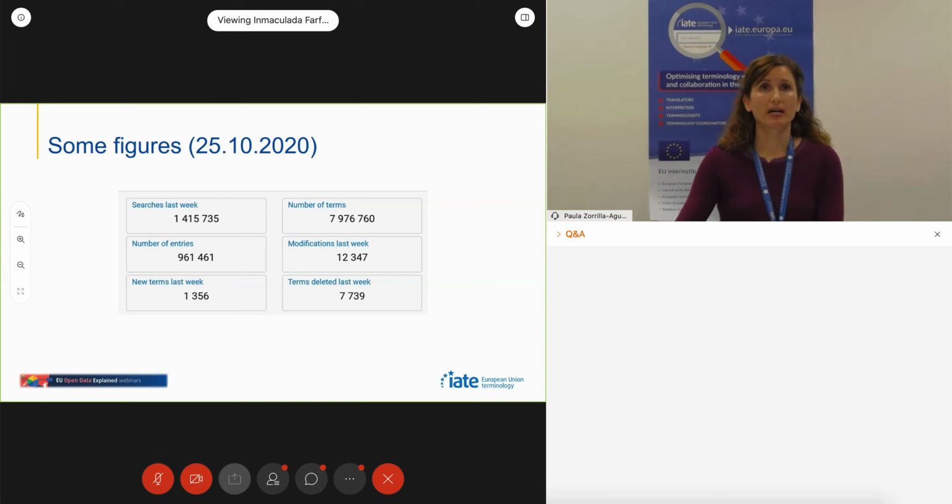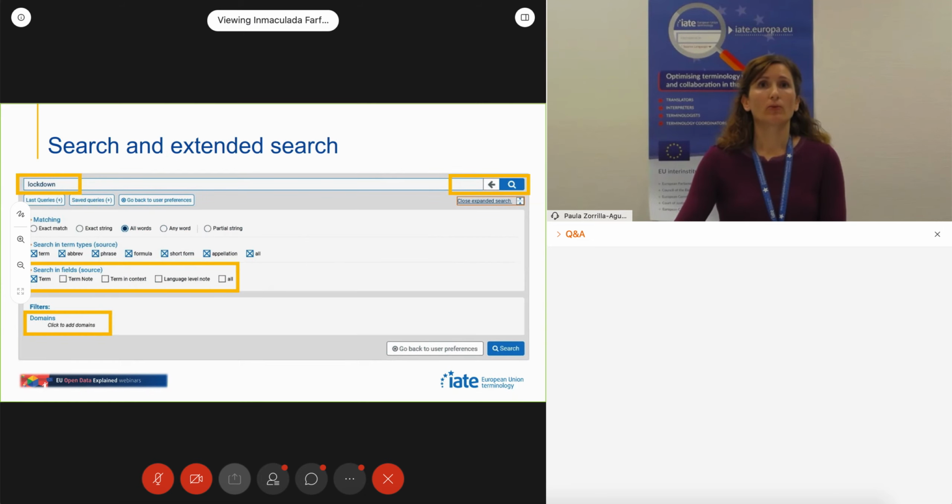IATE content can be searched and retrieved in different ways. The next slide shows the most common way to search in IATE, the standard search screen, where users can search by a term in the selected source and target languages. It also allows a search by entry ID if you know it. More search options are available in the expanded search, where it is possible to select other fields where to run the search. For example, search for a specific content in the context field or in the notes. Users can also filter by domain to limit the number of results to concepts in a particular area.